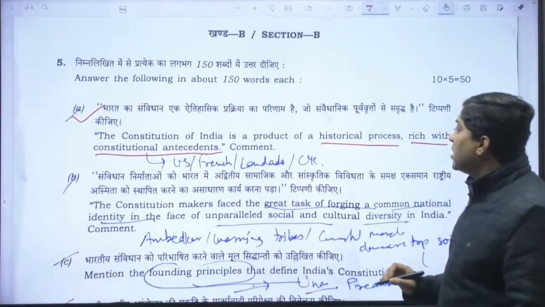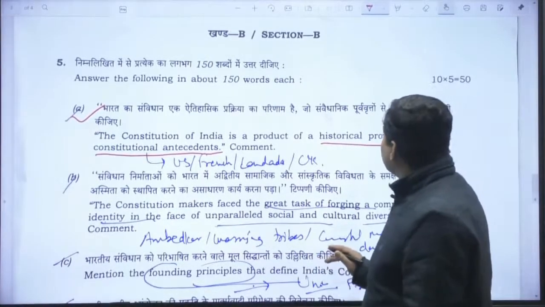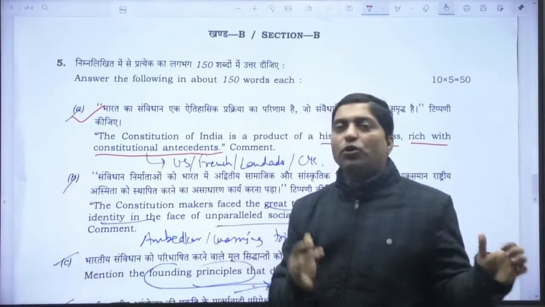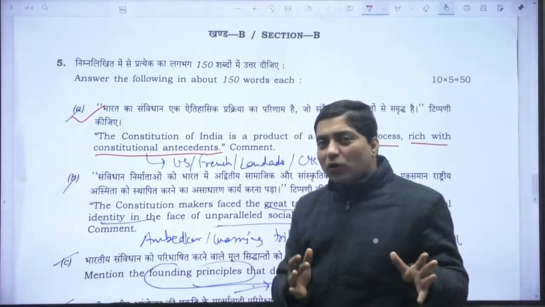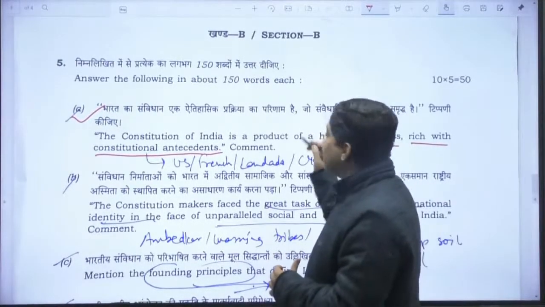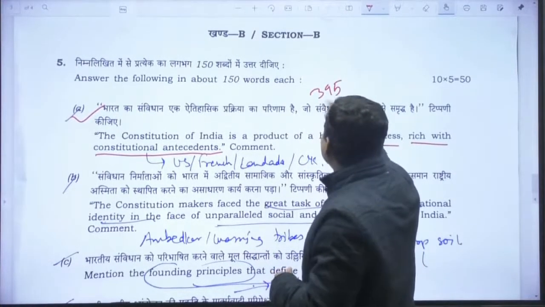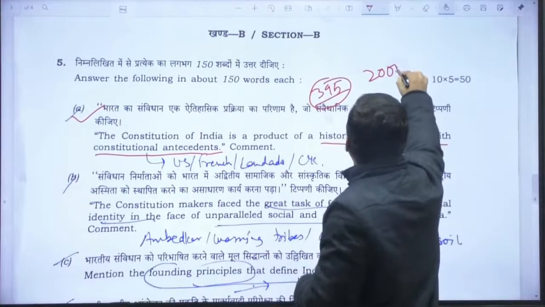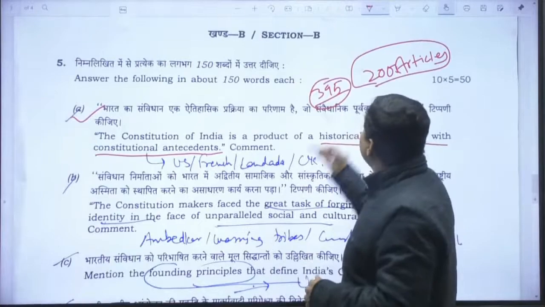Now, if you look at the Constitution of India, it has not come accidentally. There is a historical background of the Indian Constitution, right? So there are so many acts, Charter Act, Government of India Act, right, before the making of the Indian Constitution. If you look at the Indian Constitution, out of 395 articles, more than 200 articles have been borrowed from the Government of India Act